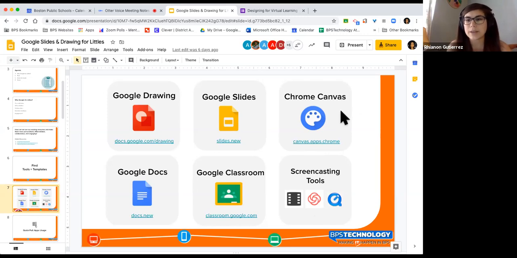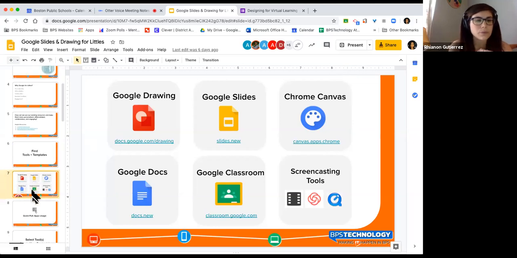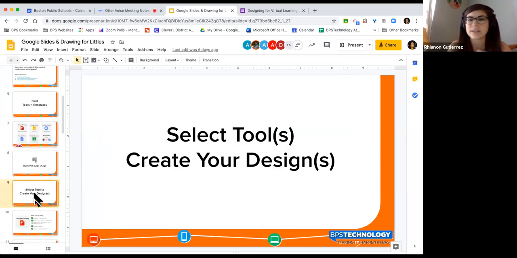With that being said, we're going to skip ahead to select some of those tools. Now, some of these tools are meant for you to either design something from scratch on your own, or you can use an existing template. I'm a big believer in getting inspiration from other people and other work that they've done. So I'm going to show you some ways that you can use pre-existing templates to infuse your own stuff in there. So some of the stuff that you might be seeing inside of my slide deck are things that have been used by other people.